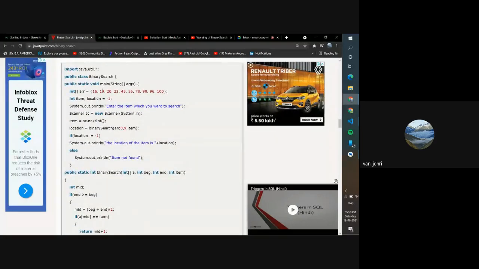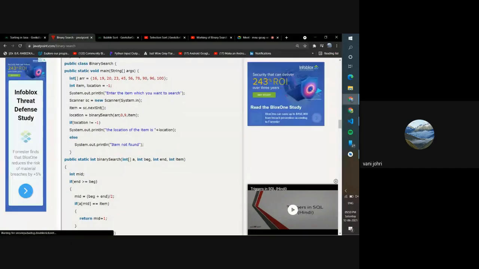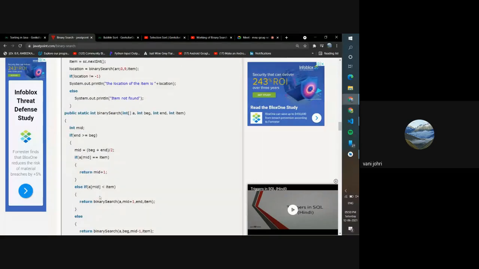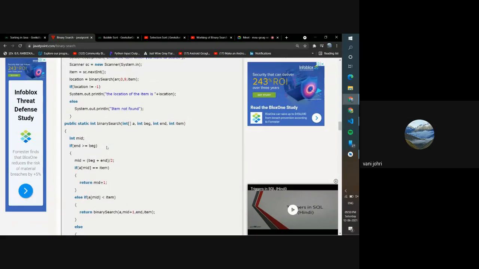Okay. You had your array. You asked the user to enter the item. You stored it in the item. Then you had location equals binary search array, 0, 9 and item. What is that? Binary search, they just made another separate function called binary search.